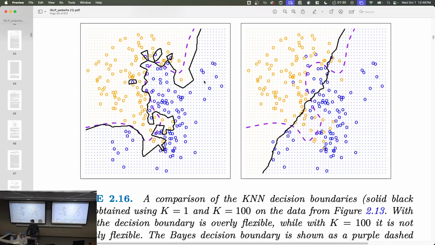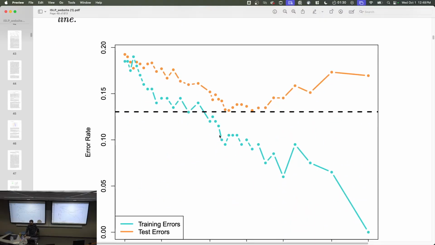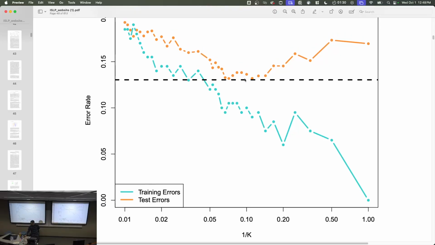versus the underfitting. So over here, they have a plot of the training error and the test error. And the test error, the thing we actually care about, has this kind of U-shaped curve where the optimal value is somewhere in the middle. What is the k value in the middle? So 1 over k is 0.1, so k is about 10. So looking at the 10 nearest neighbors gives the best test error on the set,